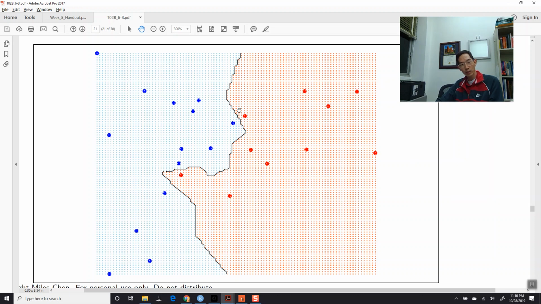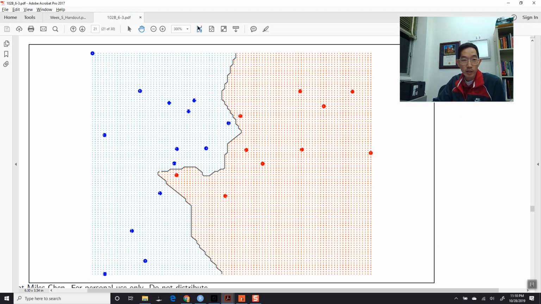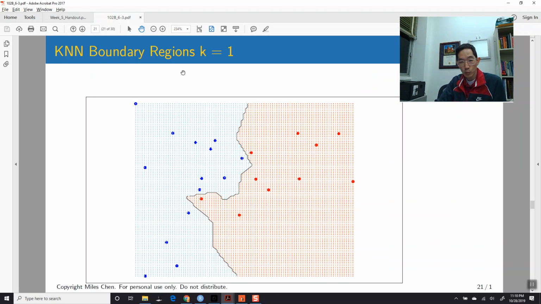And similarly, on this side of the line, this is the closest, and on this side of the line, this is the closest. So we're going to get that. So that's k equals 1. At k equals 3, this is